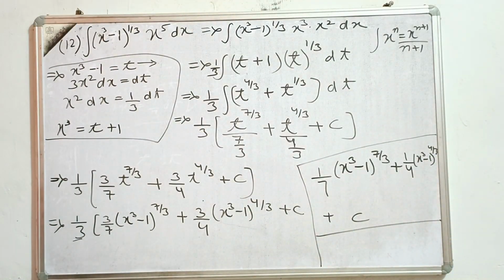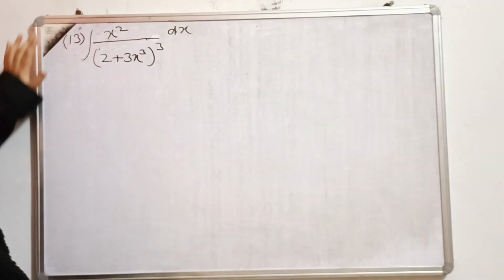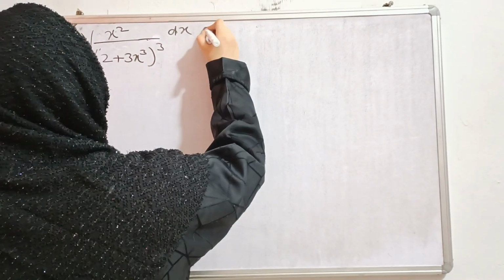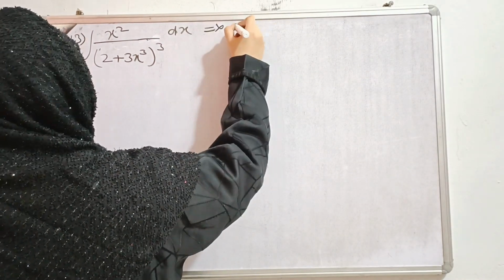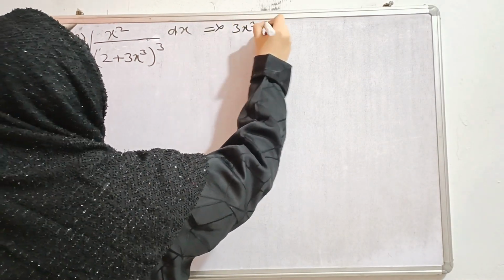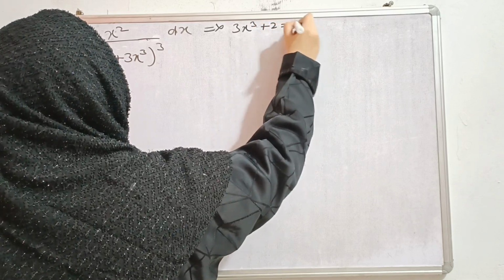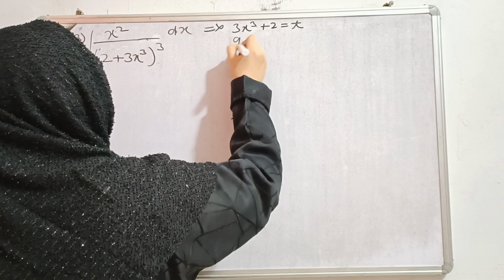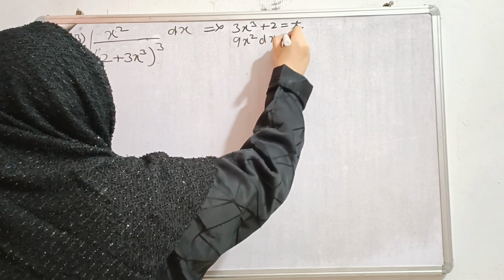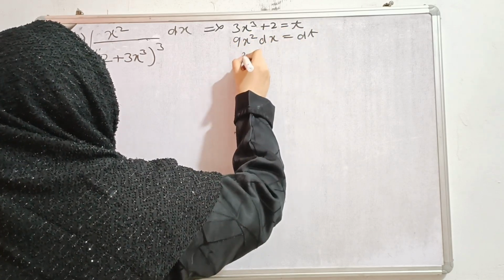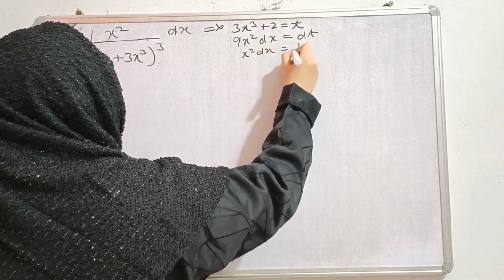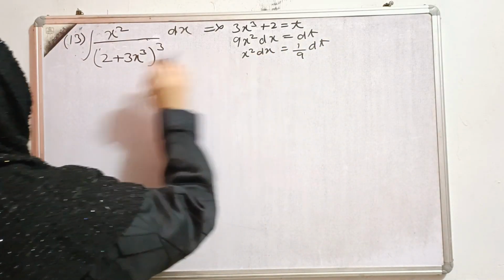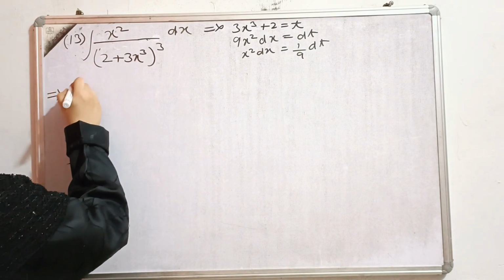Question number 13. Integration of x square upon 2 plus 3x cube whole cube dx. So we put 3x cube plus 2 equal to t, and differentiating with respect to x, we get 9x square dx equal to dt, or x square dx equal to 1 upon 9 dt. Substituting this in this integral, we get